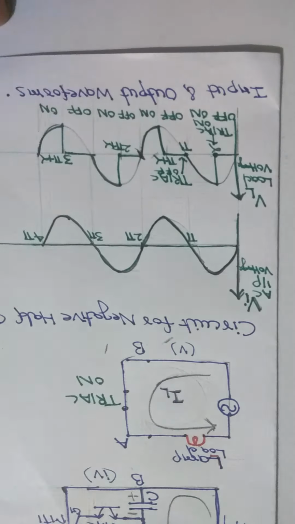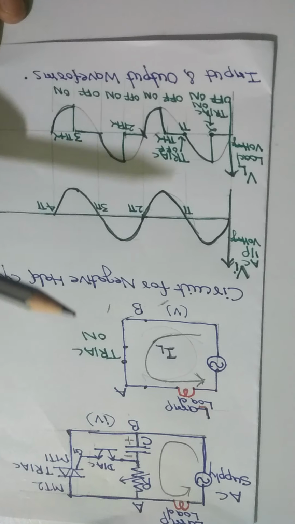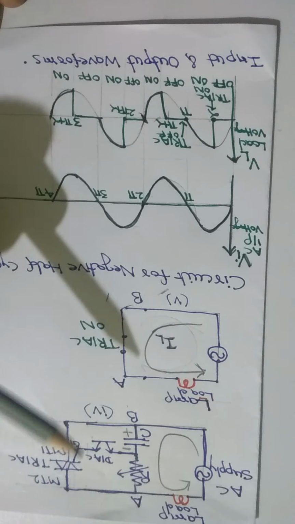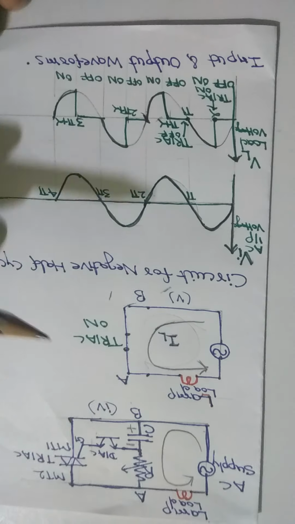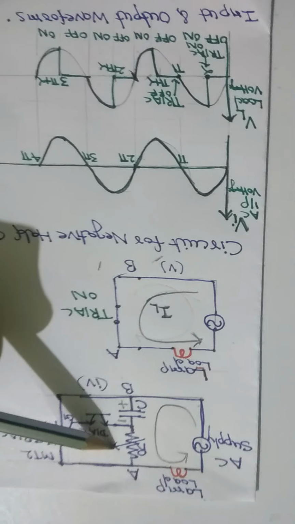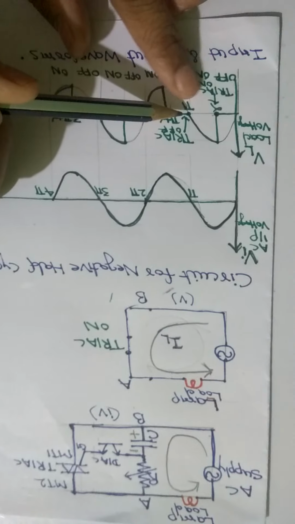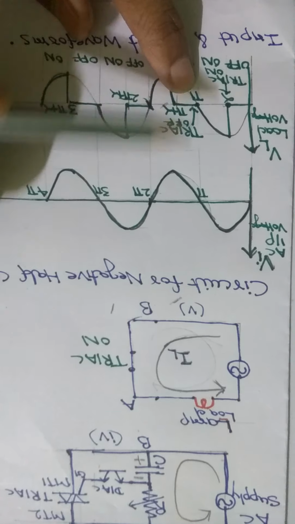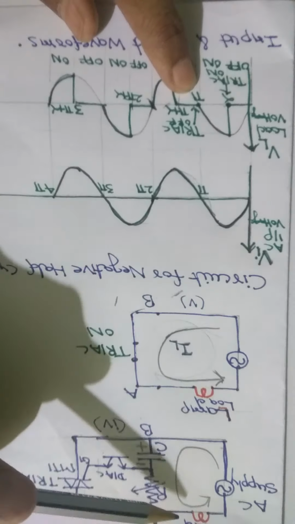The control circuit operates directly on the AC voltage. It is automatically synchronized with the supply, and because of this the lamp is on. But we now have to control the intensity of the lamp. How is the intensity of the lamp controlled? Simply by changing the resistance of this resistor. When we increase the value of the resistor, we increase the firing angle and less output voltage is available, and because of this the intensity of the lamp is reduced.